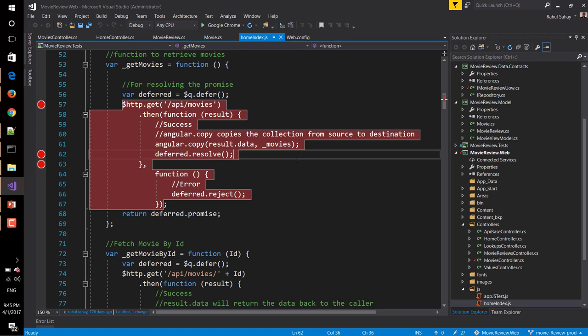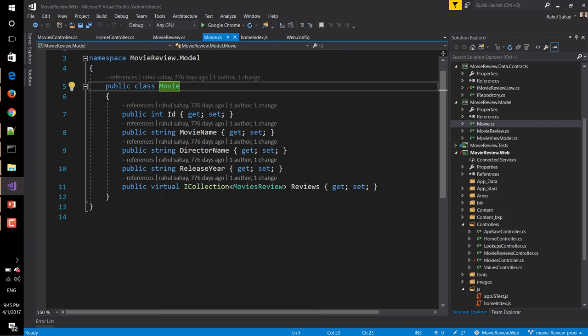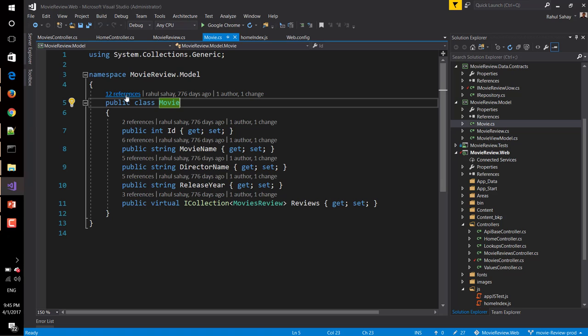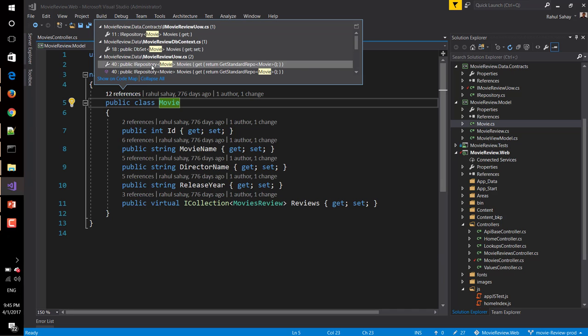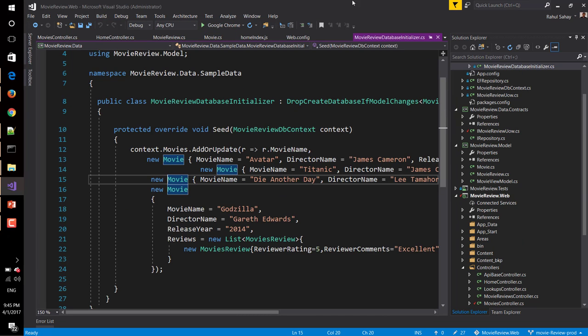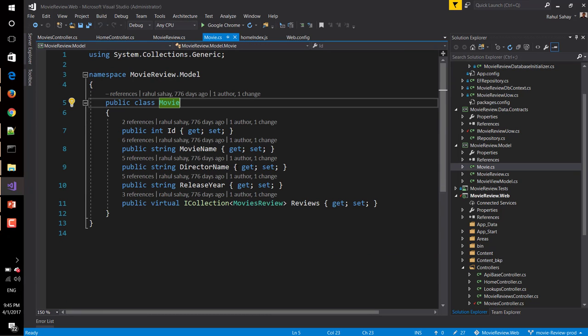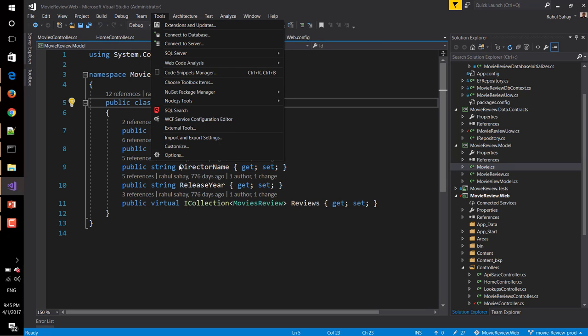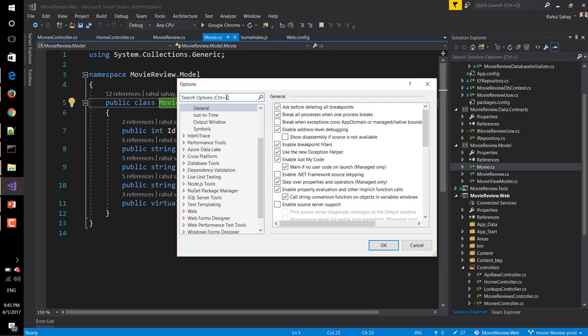Also, I was talking about find all references. You can see here these 12 references, and this is coming via Code Lens. Obviously, I can navigate from here as well. If I double click that, it will open the relevant file, and I can see from there also. So this is called Code Lens, which is basically sitting in